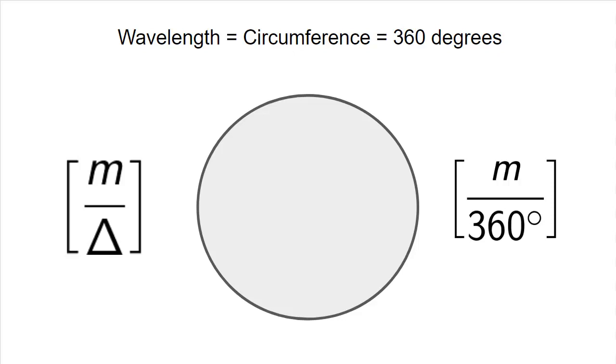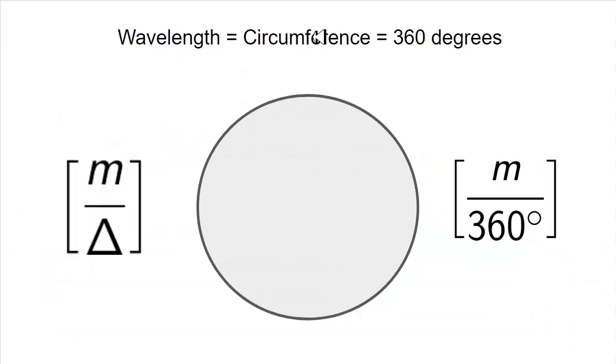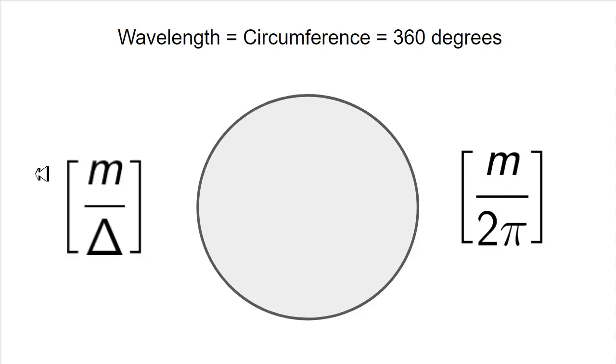And as you likely remember from my previous videos, the circumference of a circle is also equal to the wavelength of the circle. So circumference and wavelengths are intimately connected in this manner. And I've shown you a video of how this works, but this is actually geometrically more accurate. The circumference of this circle is approximately the wavelength of this wave, and so I actually equate the circumference of a circle with the wavelength of a wave, and they both have units meters per cycle. And so wavelength and circumference are 360 degrees. Okay, so this is really saying meters per 360 degrees, or you could say meters per 2 pi,